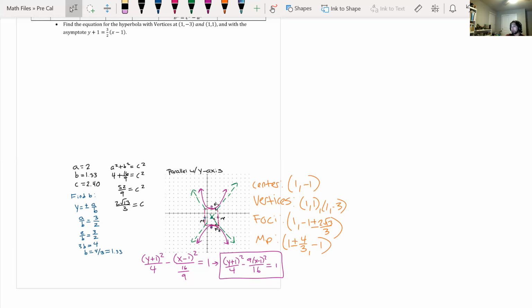Same thing for ellipses. I mean, no matter what axis they're parallel to, they still have the same meaning and definition. So no matter if you're parallel with the x or y axis, A is still distance to vertex, B is still distance to minor point, C is still distance to foci. That's it. So it would just be like flipping the